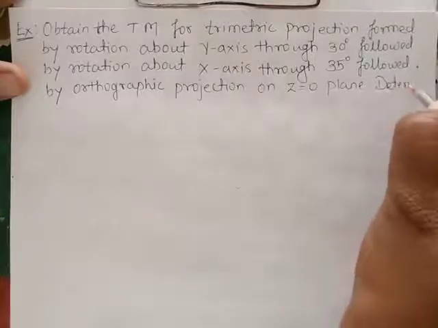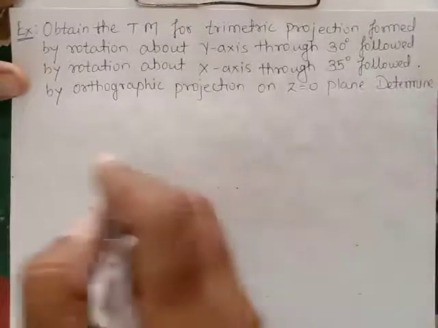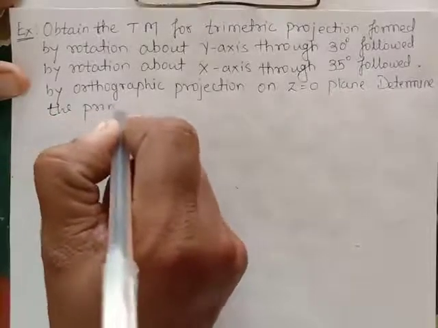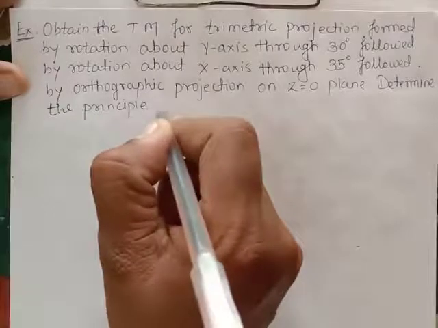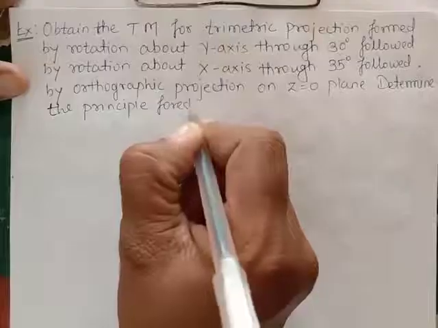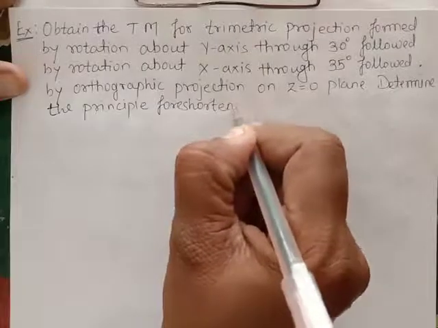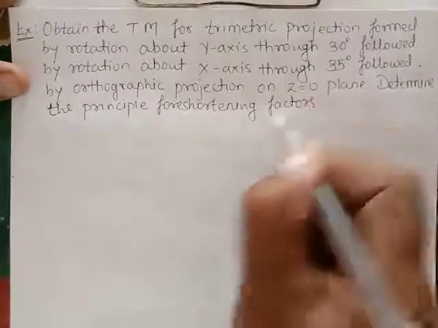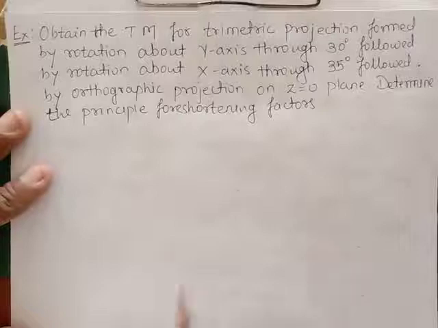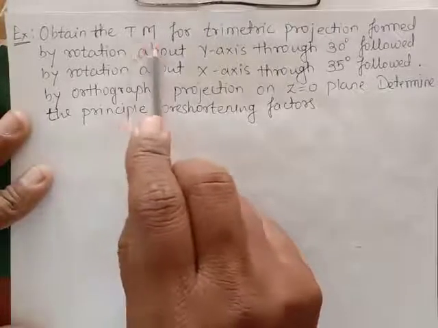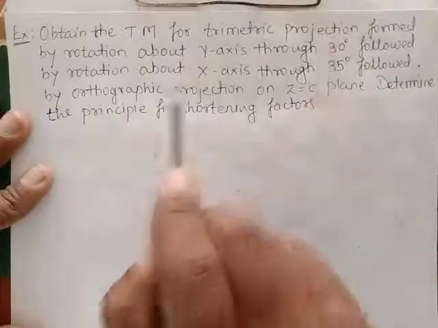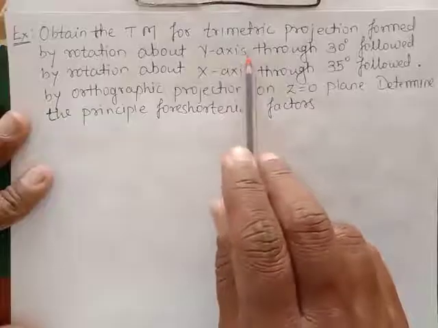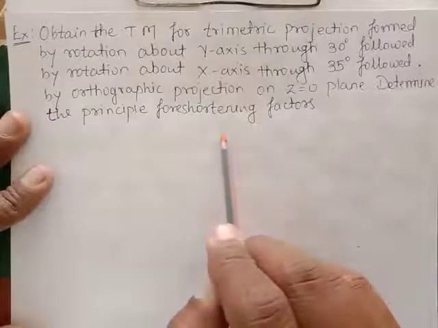Determine the principal foreshortening factors. Okay, here we have to obtain a transformation matrix for trimetric projection, as well as we have to obtain the principal foreshortening factors. So first of all, let us obtain the transformation matrix so that we can easily determine the foreshortening